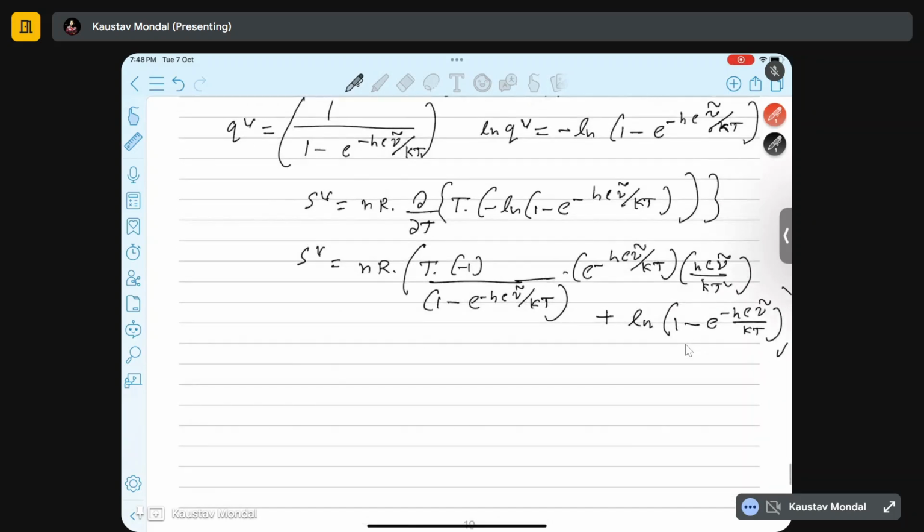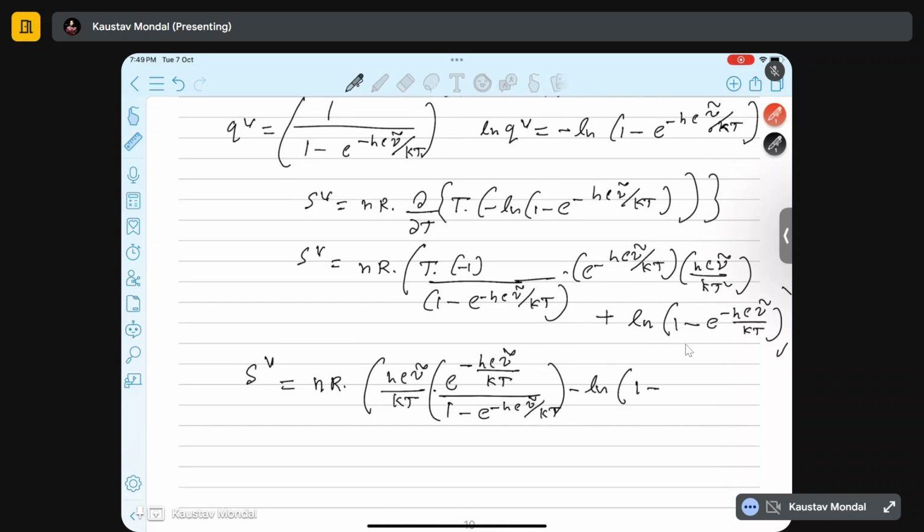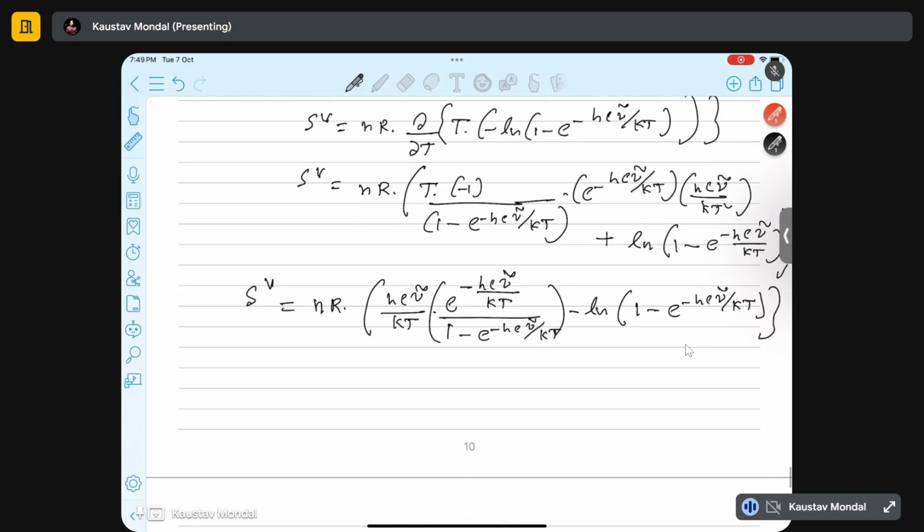so we got the final expression. Let me just write it out in a much cleaner way: NR into hc nu tilde by kT into e to the power hc nu tilde by kT by 1 minus e to the power hc nu tilde by kT, minus ln of 1 minus e to the power of minus hc nu tilde by kT. Now